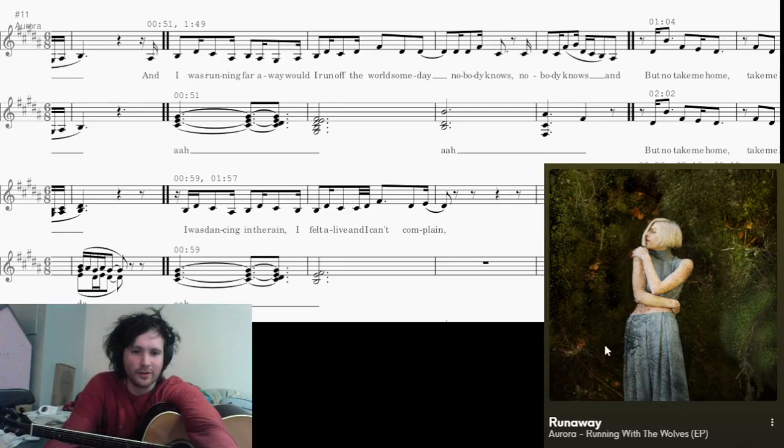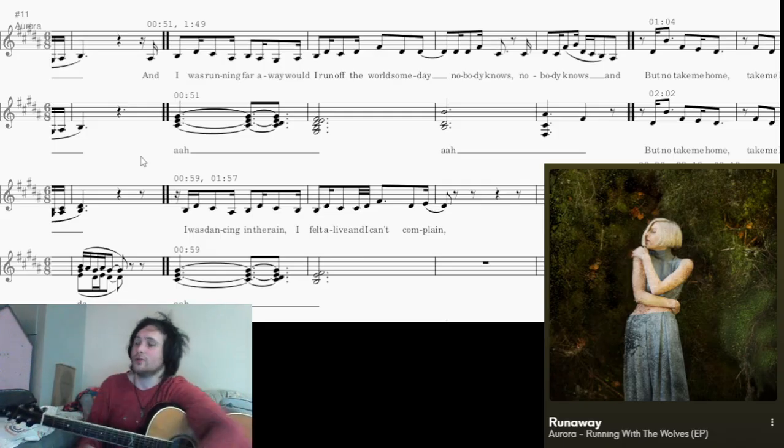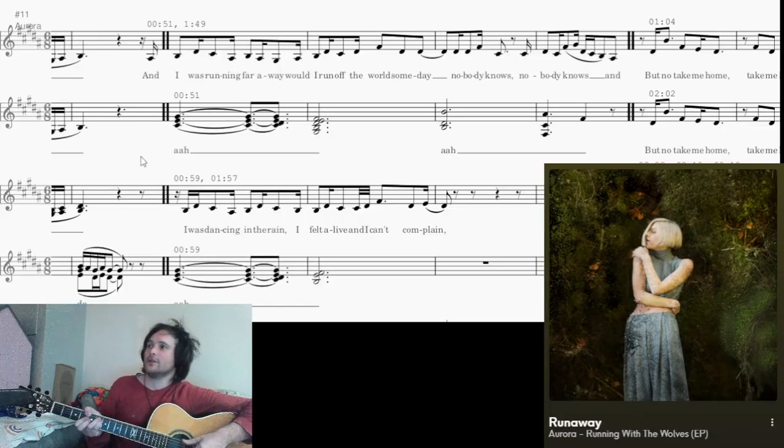Right, next section, a little bit of change of pace. And I was running far away, would I run off the world someday? We're not talking about rhythm, but if we were, we would talk about how it went from 1, 2, 3, 4, 5, 6, 1, 2, 3, 2, 1, and a 2, and a 1, and then in this section,